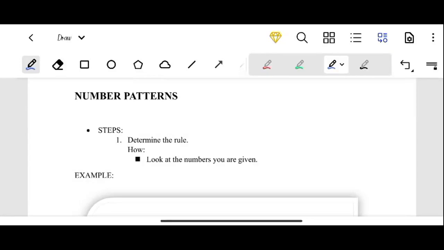In today's lesson, I want us to look at number patterns. So when you're dealing with number patterns, you are dealing with numbers that are counted continuously. So for you to be able to count these numbers continuously, you have to have what we call a rule. So they may give you numbers like, for example, 2, 4, 6, 8,